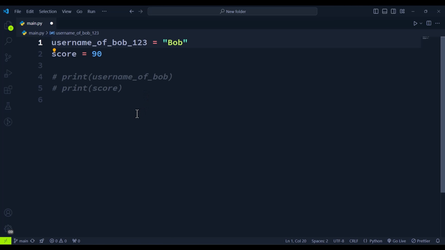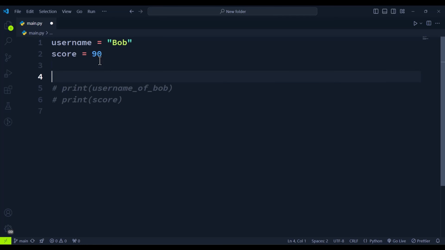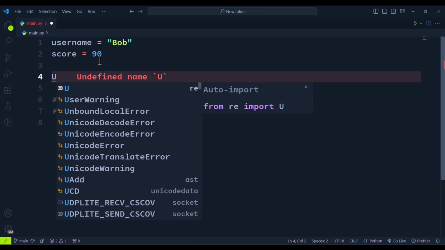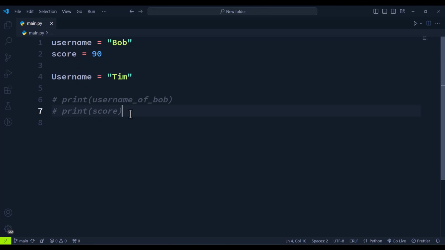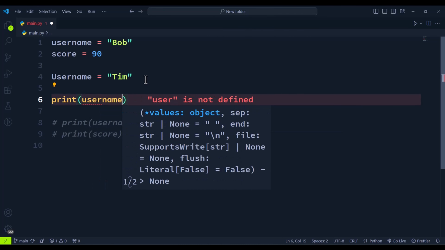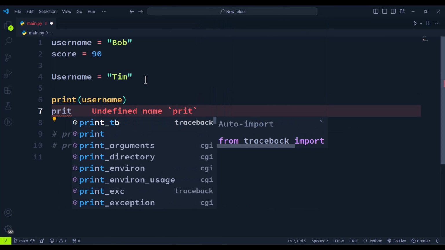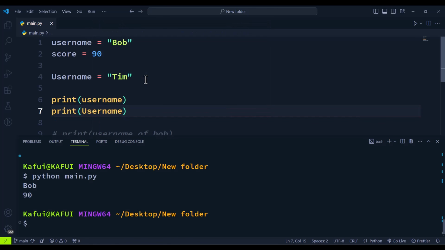Now, one thing you should also keep in mind, or one rule you should take note of, is that variables are case sensitive. What does this mean? So I'll just go back and write username. When I go ahead and declare another variable, let's say Username with a capital U at the start, and assign it to, let's say, team, and save. Now, these two variable names are different. So when I print, first of all, username with a small u, and then print Username with a capital U, and go to my terminal and run my Python file, you see that they all